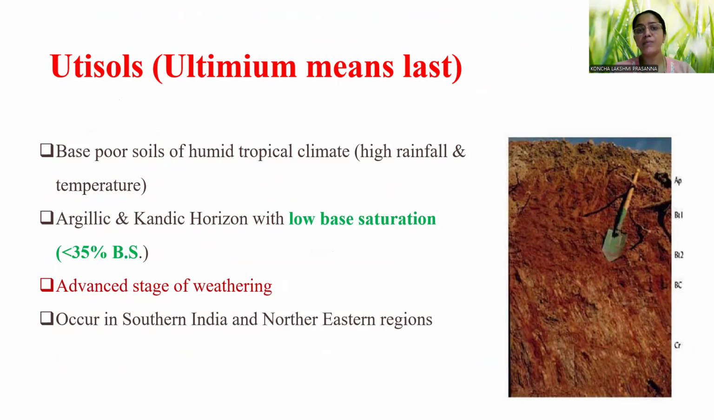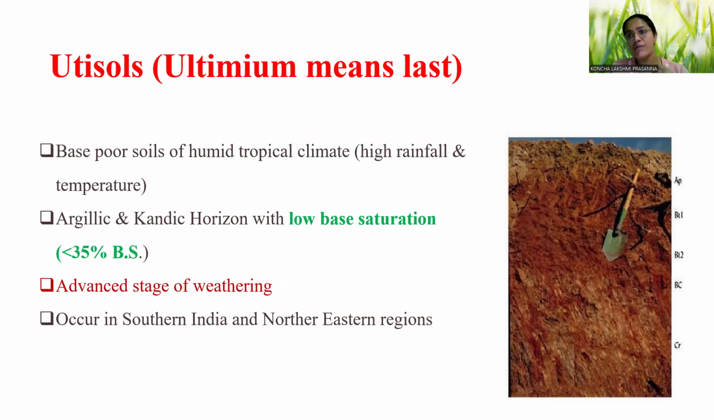Ultisols, ultimum means last. So these are the base-poor soils of the humid tropical climate having high rainfall and high temperature. Argillic and kandic horizons are formed in this type of soil order. It has low base saturation, that is less than 35% base saturation. These soil orders have base saturation less than 35% because of the high rainfall and